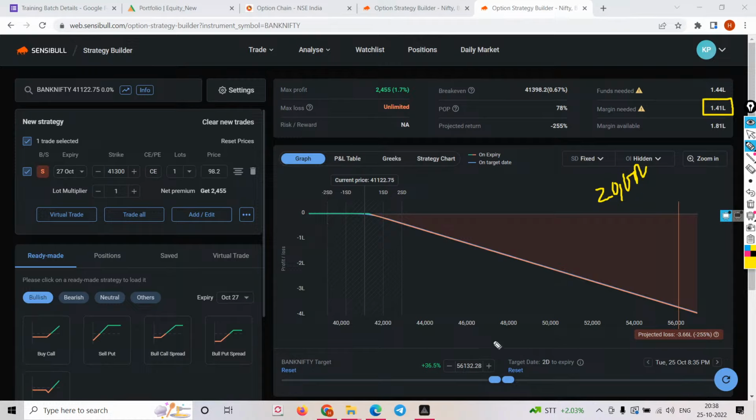So again, there comes the new buyer, the new seller, and he will take it and carry forward. But that doesn't mean he will get into unlimited loss. That is one of the wrong myths. People have made it very complicated. We have unlimited loss in equity also. If you go for equity and it falls 10%, 20%, does that mean equity doesn't have unlimited loss?